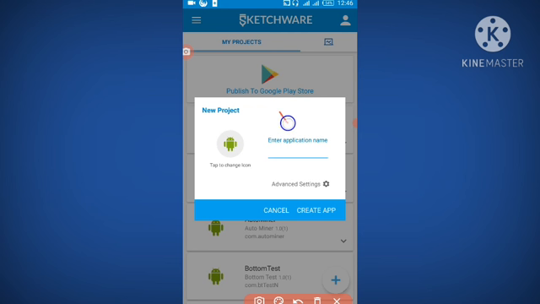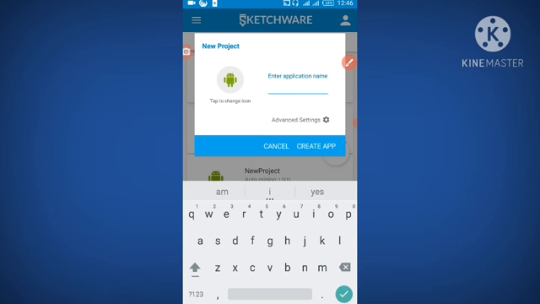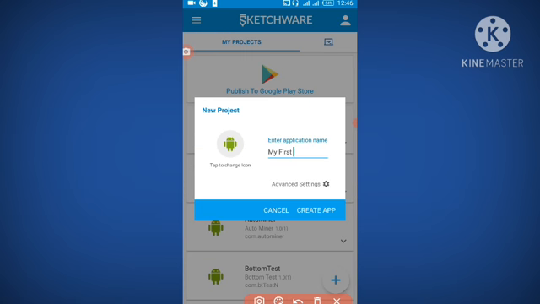Then it says enter application name. So now for this series, for our first app, we'll name it My First as the app name. Then if you click on this advanced settings,